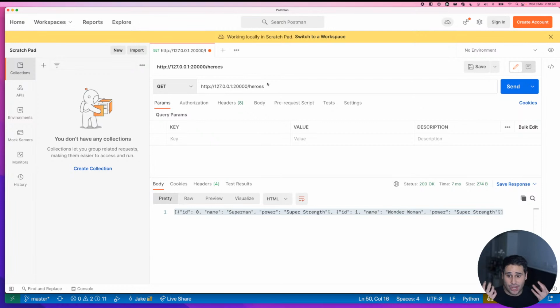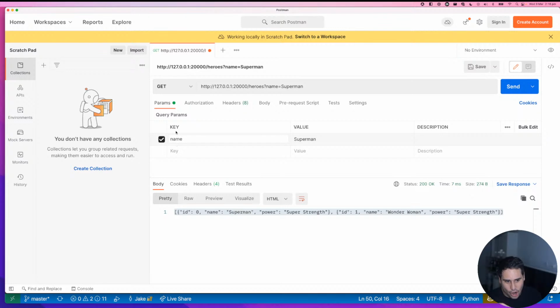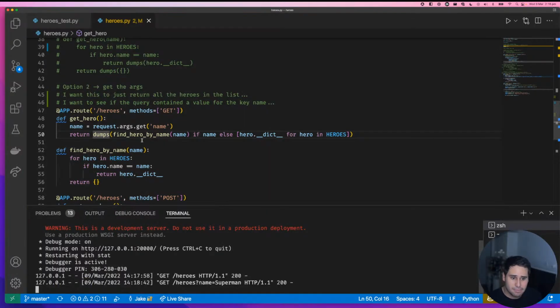I can either, if I know the syntax, this is with Postman specifically. If I know the syntax, I can use the general query parameter syntax. So you use a question mark for the first one. I say the name is equal to, and let's say Superman. And Postman's really cool because it's able to understand the syntax of this query. So this is just your standard URL syntax. And it actually can pre-populate, it knows that that's a key and that's a value. And when I send that, you can see that, okay, that exact same method was called